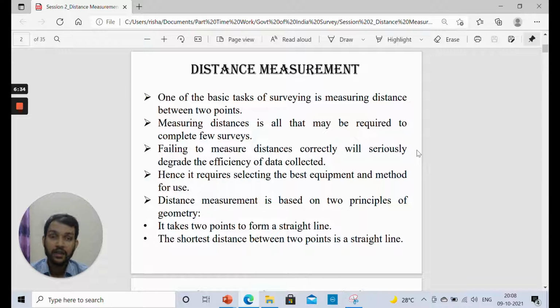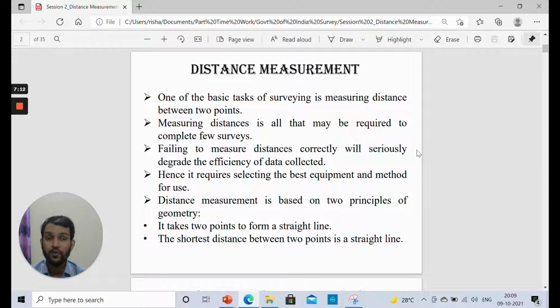If you don't cover for that accuracy, and if you are lenient at that point of time, then sometimes you are not even able to estimate where the error occurred, and that error may at times be huge. It may be just due to a blunder also. Suppose you should have recorded a reading as 20 meter, and you accidentally recorded it in your field book as 120 meter. Obviously if it is a small ground, you will get an idea that an error has occurred. But if you are doing a survey for a 20 kilometer or 50 kilometer area, it may be difficult for you to estimate where the error has occurred.